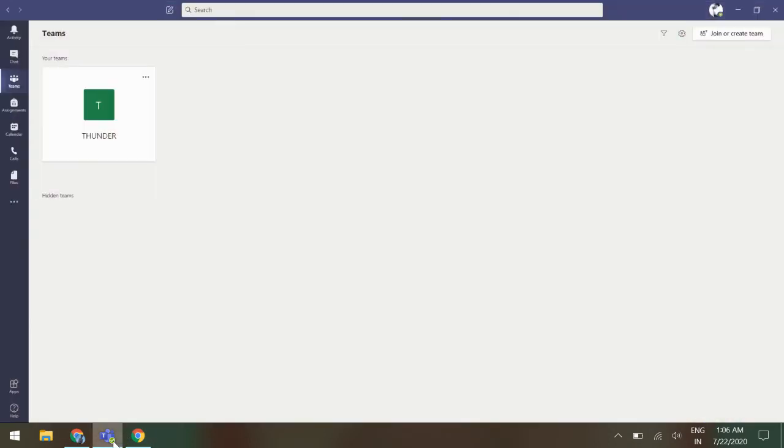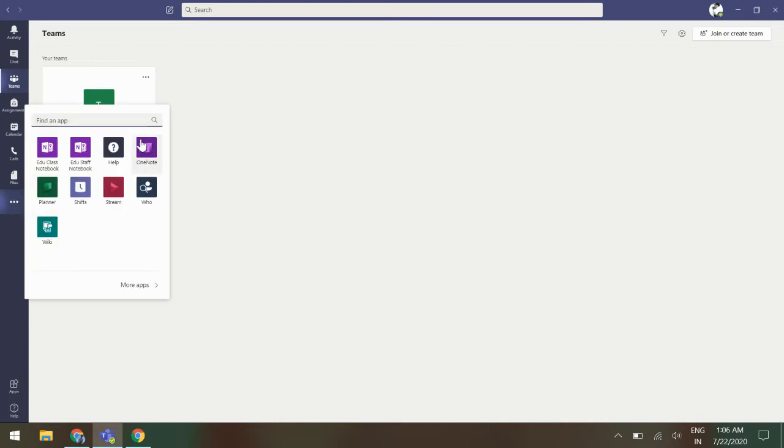So this is MS Teams. If it's a Windows laptop, you'll have OneNote pre-installed, or if you have the Microsoft package, the Office Professional or whatever package, then probably you have OneNote along with it. If it's not there in the laptop, you can install it through your browser. Or if you're still studying in college, maybe they have provided you with MS Teams, so it is in there already and you can use this.